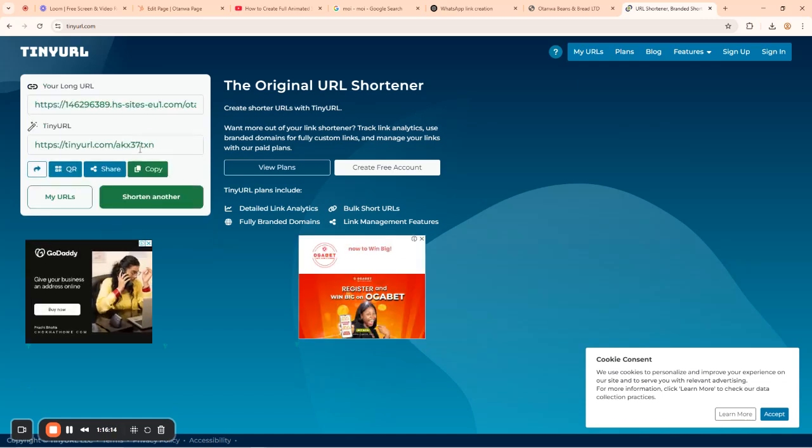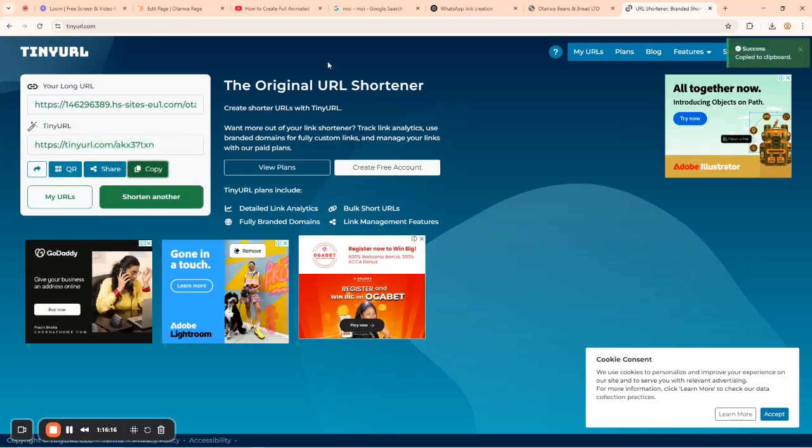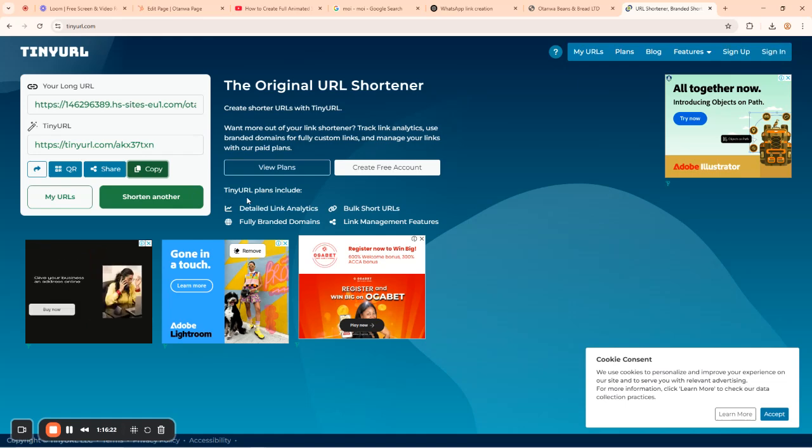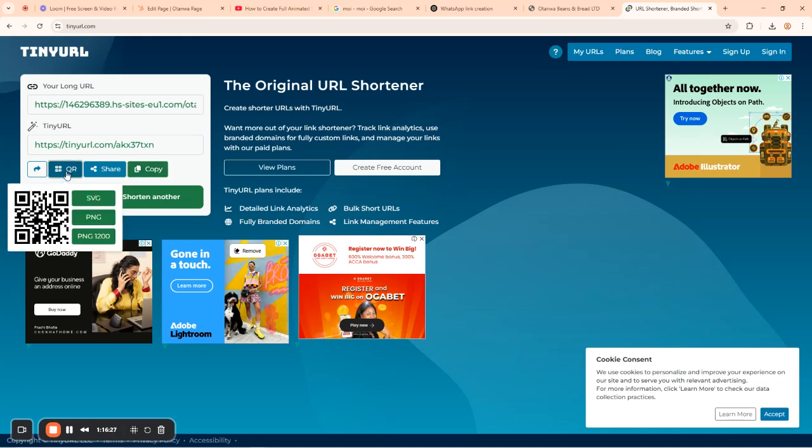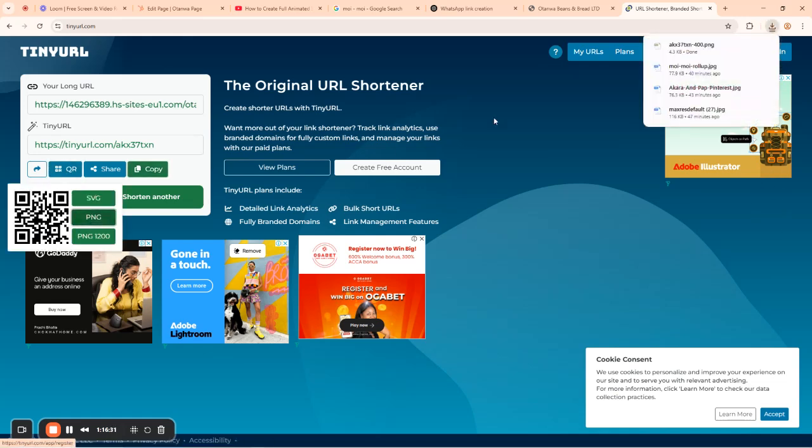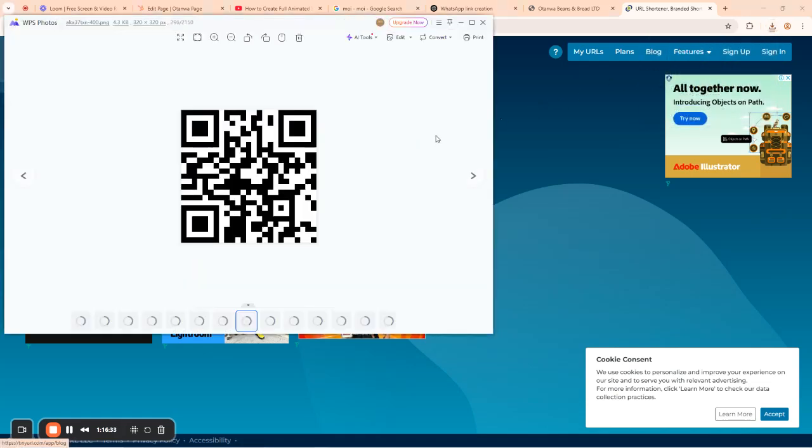You see now it's being shortened, abi. I can copy this now and paste on my webs or maybe on my business WhatsApp. Okay. However, if you want it to be faster for your customer, what will you do now? Use a QR code. You see QR here now, abi. I can bring it out like this now. See it here. So you can even paste this on your